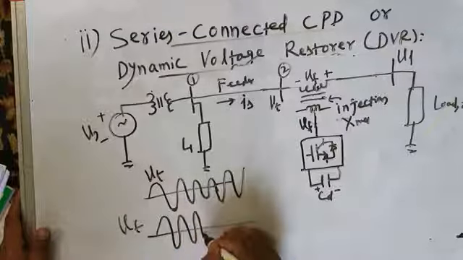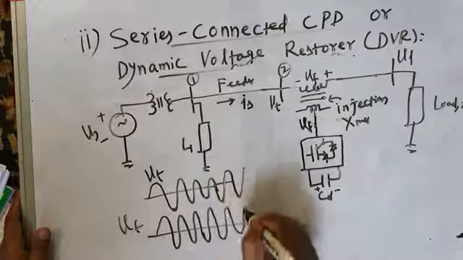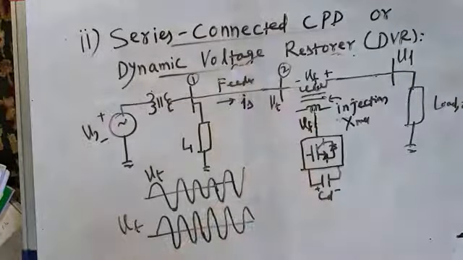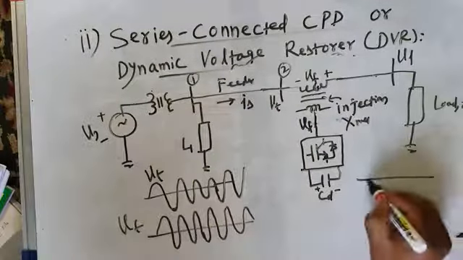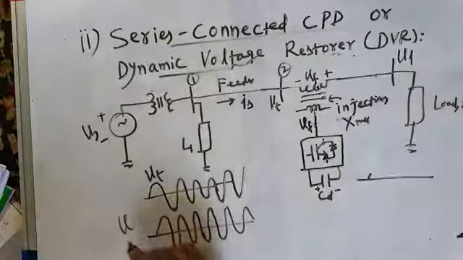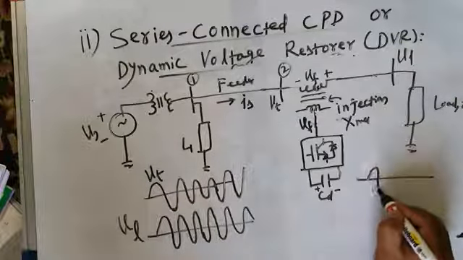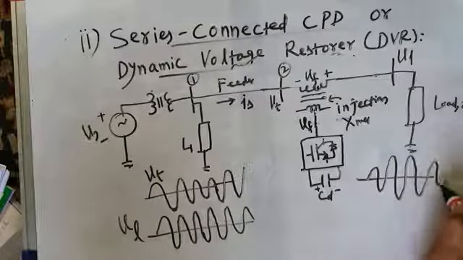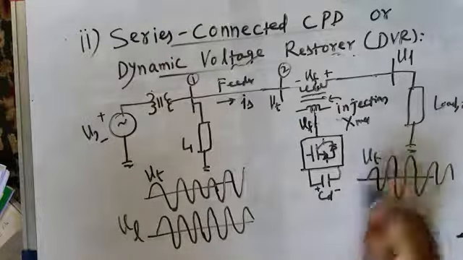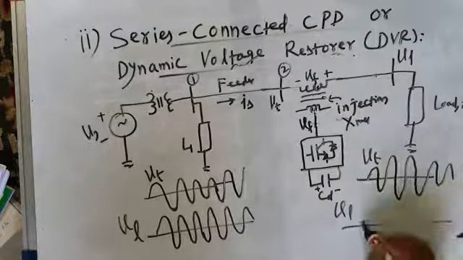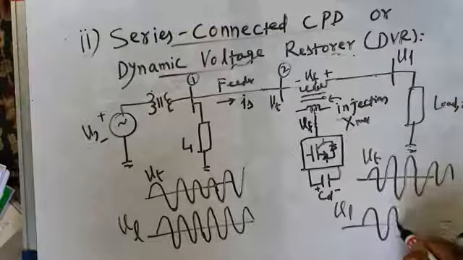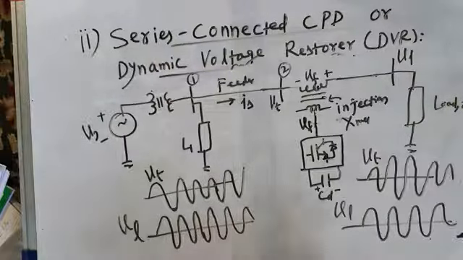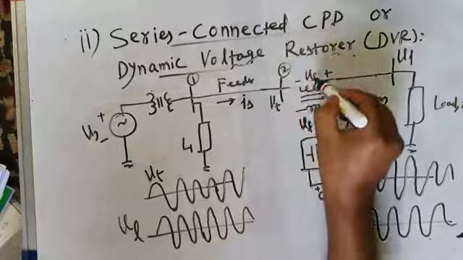देखिए sag के दौरान भी ये voltage constant रखेगा क्योंकि जितनी missing voltage है, that missing voltage will be compensated by this. Similarly, if there is a swell in the voltage, this is VL. Suppose voltage में swell आ जाता है 2 cycles के लिए, फिर वापस आ जाती है. This is VT. तो VL constant रहेगी. So ये swell आपको लोड वोल्टेज में दिखेगा नहीं क्योंकि जो इसमें increase हो रहा है, that increase is cancelled